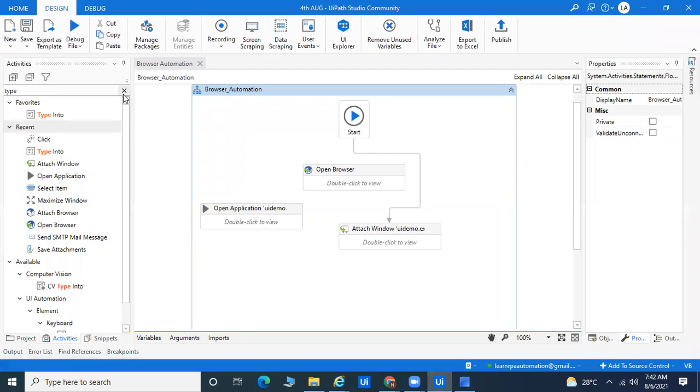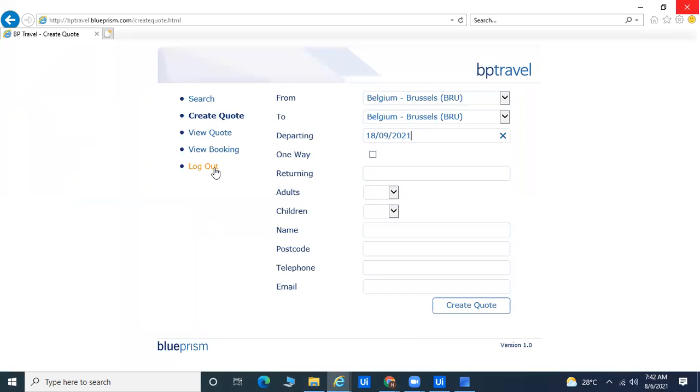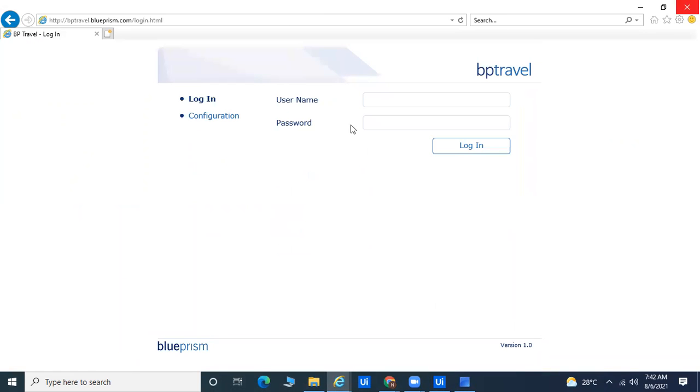Okay. So if you ask me, attached browser and attached window are both similar. Attached browser is especially for automating web-based applications, and attached window is especially for automating desktop applications. Both work only when your application is in open mode. And the second condition, it must be on the same page. If my browser is open but I'm on the logout page, on a different page, then it will not work. If the same page is open, then it will work fine.